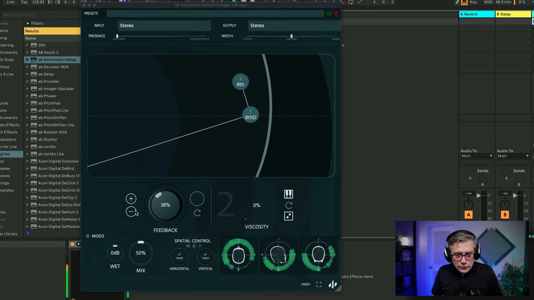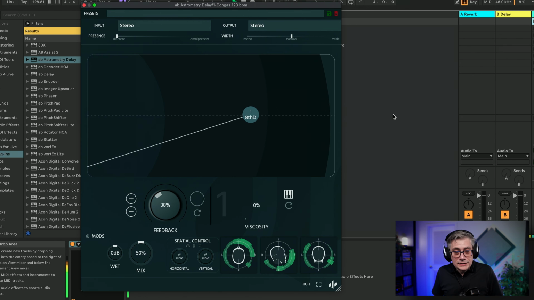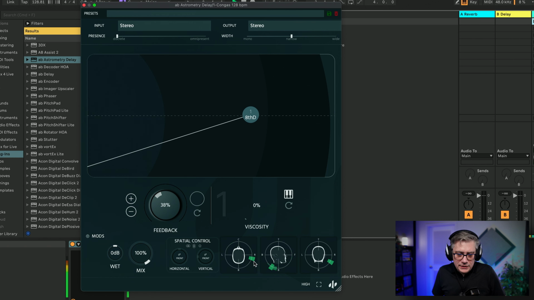And what I'm going to do is I'm going to remove the second tab again in order to make things a little bit clearer. And what I can do now is I can put the mix completely to wet, and as soon as I do that, you see that the tab is coming from a particular location, which is essentially underneath me to the right, a little bit behind me to the right. And if I don't like that particular position, I can click on this recalculate button here. That would reposition the sound spots. If I click on that, you will see that this is actually moving into a different location.